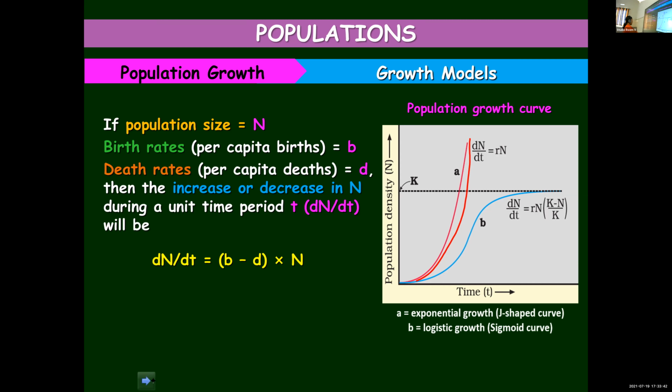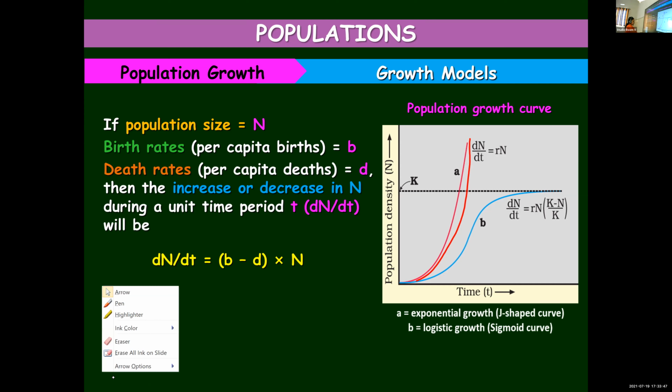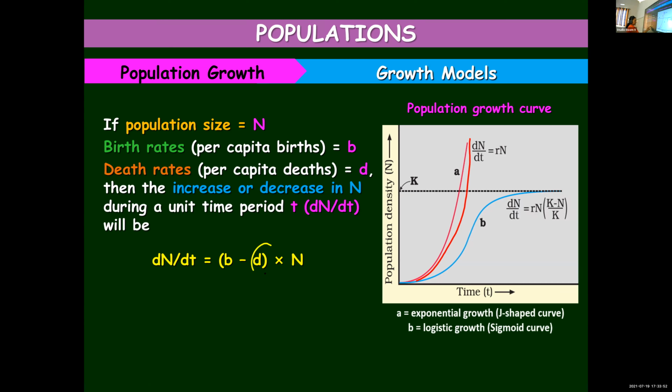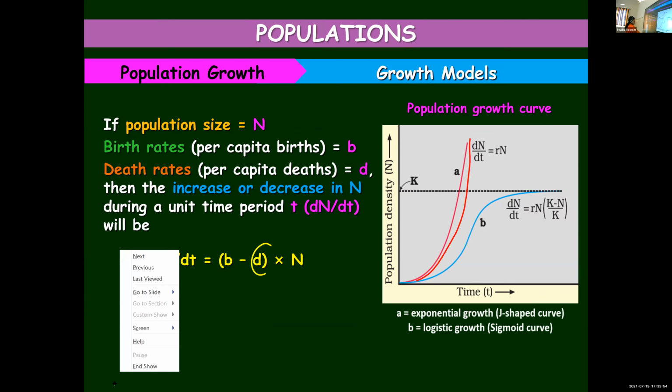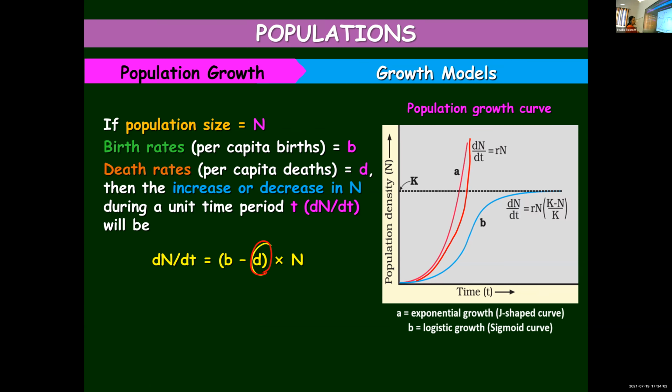Children, I forgot to say that here we can see 2 d's. Hope you might be knowing, since you are learning maths. Just a minute, let me take a different color pen. This D indicates the death rate, whereas this d is given there to show the change. dN is the change in population size, dt the change in time. But on the right hand side, the D is used for representing the death rate.